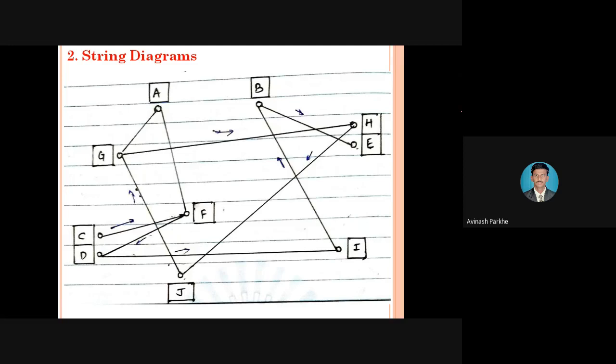Then at each and every location we have to fix a pin. You know about the pins used on notice boards. If we have to attach even a notice on the notice board, we use standard pins, and by using those pins we can attach the paper to the board. Such pins are also used in this string diagram. On the board we attach a pin for machine number one, a separate pin for machine number two, a third pin for another machine. Wherever the locations are, at those respective locations we have to attach the pins.